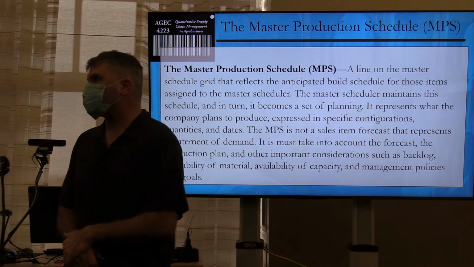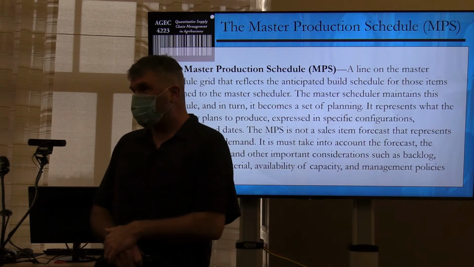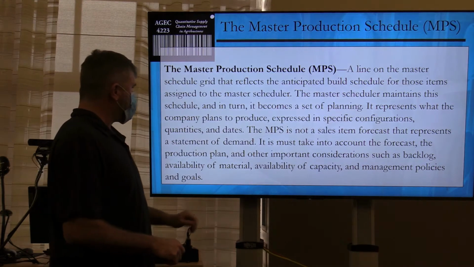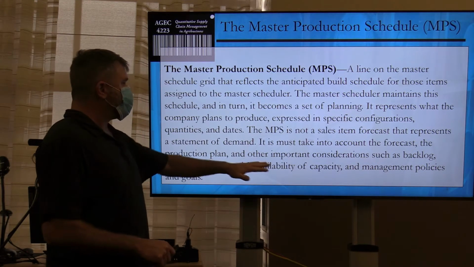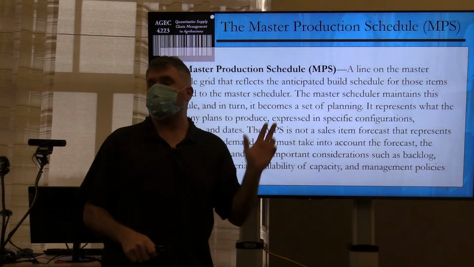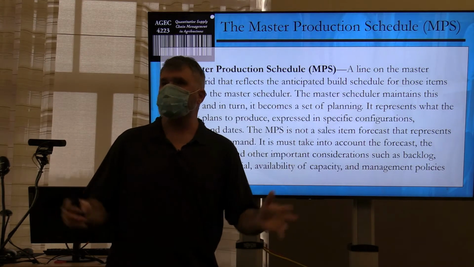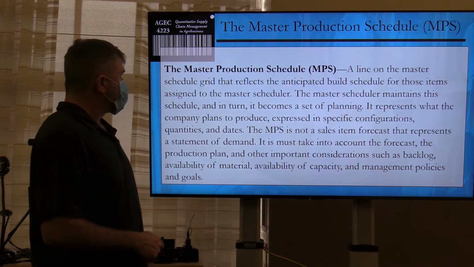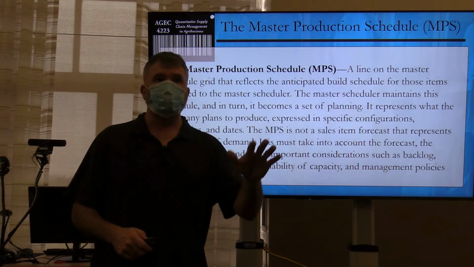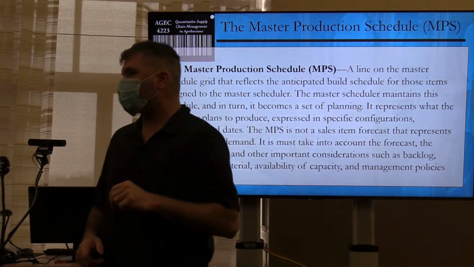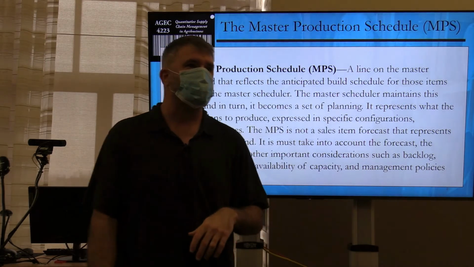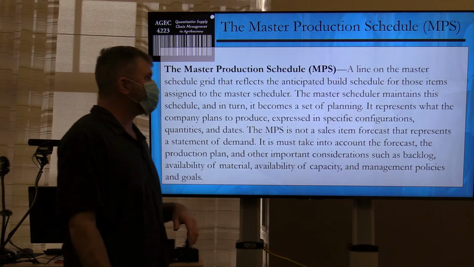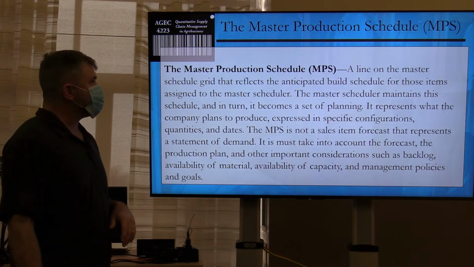The master schedule I'm going to use is really simple. It's not going to have availability of capacity, management plans, but those things are kind of built into the decisions in it. We're going to start really easy. So the master production schedule is just one line. Look on that worksheet I handed out. There's one line that says master production schedule. Just a line on the master schedule grid. And so that means